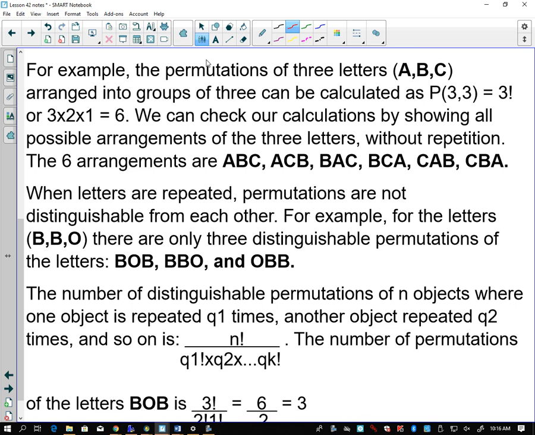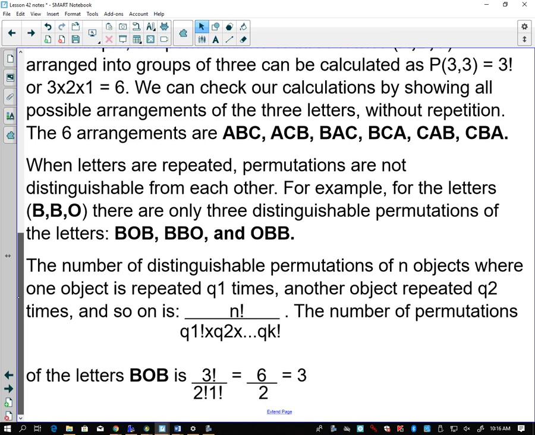So the number of distinguishable permutations of n objects where one object is repeated a number of times, another object repeated a number of times, and so on is where we take how many items we have, we put that on top, and on the bottom we multiply by how often something is repeated. So the number of permutations. So for instance,